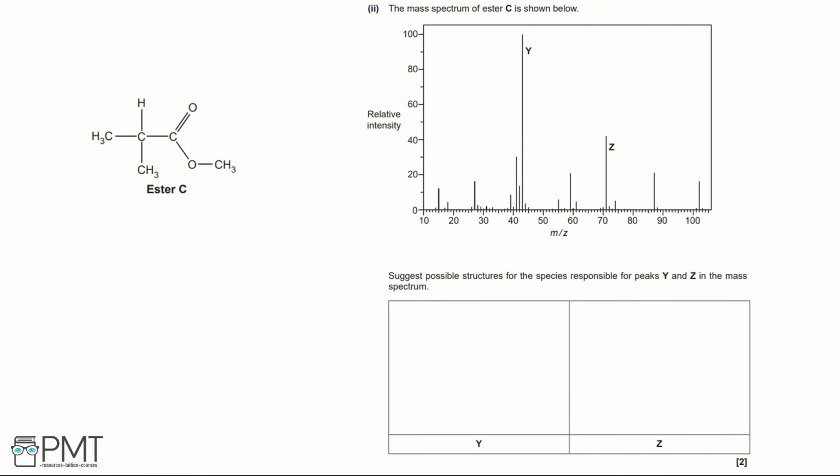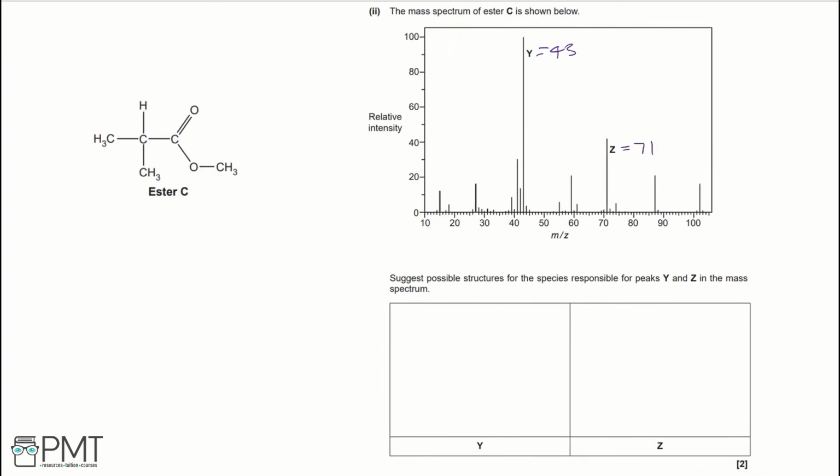The first thing we need to do is identify the MZ value of peak Y and Z. The MZ value of peak Y is 43, and the MZ value of peak Z is 71. So looking at ester C, we need something on ester C that would have a relative formula mass of 43 or 71. Firstly, trying to identify the structure responsible for peak Y, we need to look at ester C and